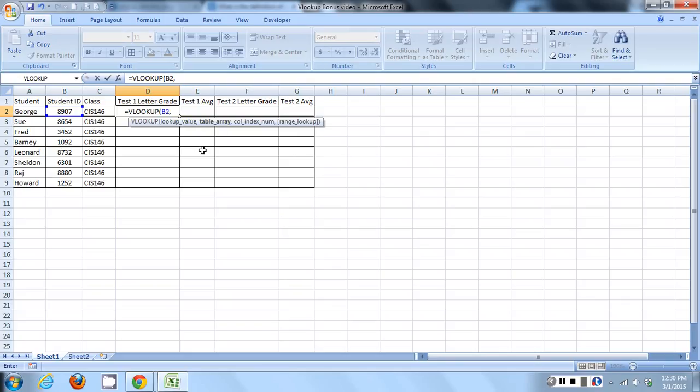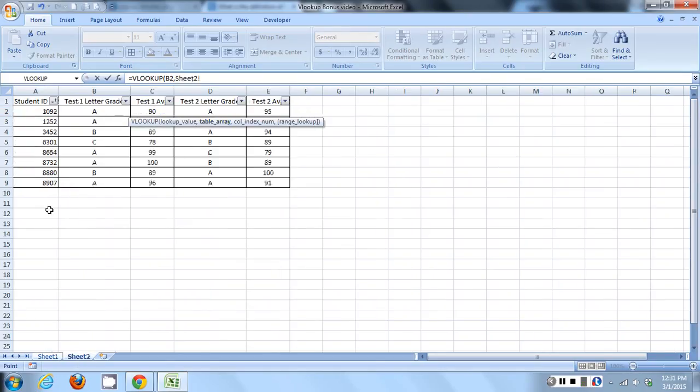Okay, so table array. Now it wants to know where I want to look this value up. That's what table array is. It's just the range of data that you're looking for your value in. That table array is on sheet 2. So I'm using this data range, or this table array, as Excel calls it. Now I've got my table highlighted. Type another comma,